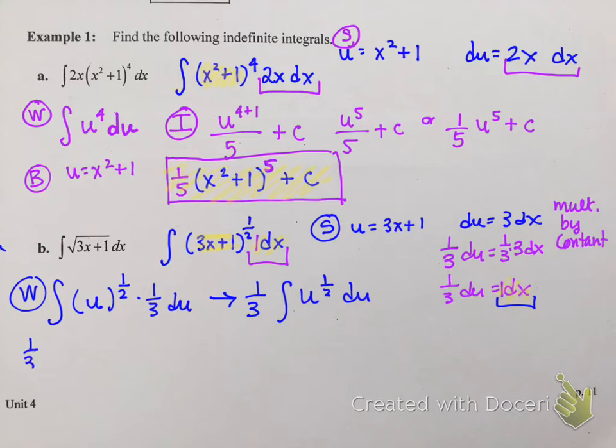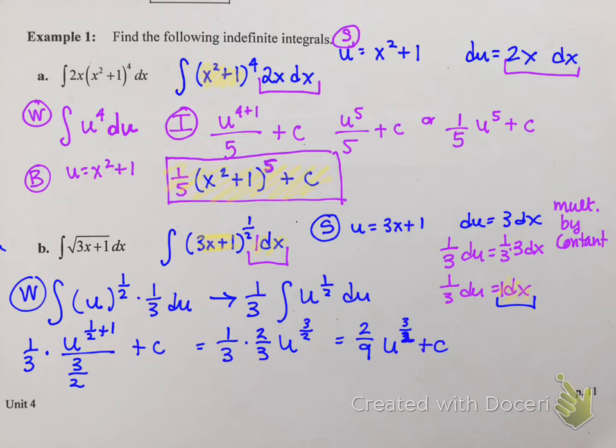So it's going to be 1/3 times. Remember, you have to add 1 to the power, and then it's going to be over, and if I add 1/2 plus 1, it's going to equal 3/2. It's going to be over 3/2. And then I can't forget plus c. So let's make this look a little bit better. So 1/3 times 2/3 u to the 3/2. So this equals 2/9 u to the 3/2